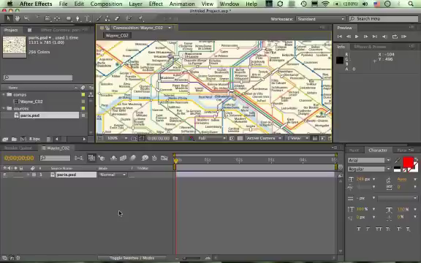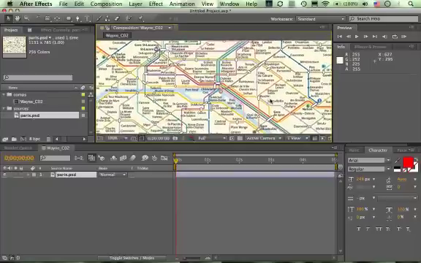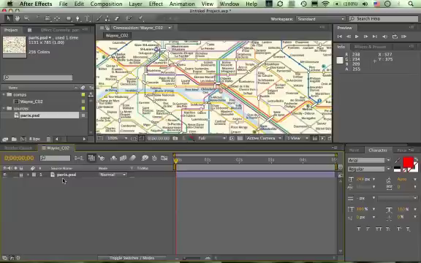Magnify. And spacebar to get the hand, move it in place. We're going to draw a line that goes from Charles de Gaulle d'Étoile all the way over to Nation. Let's lock Paris first, and let's draw the line. To do this, make sure that nothing is selected. Go to the pen tool,